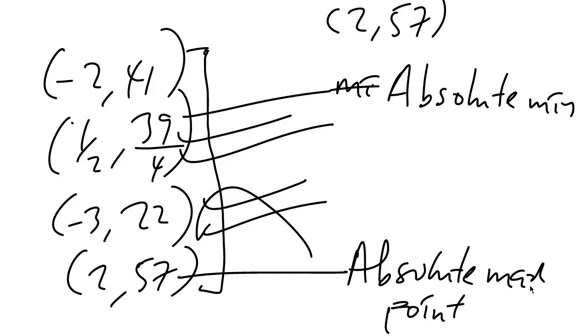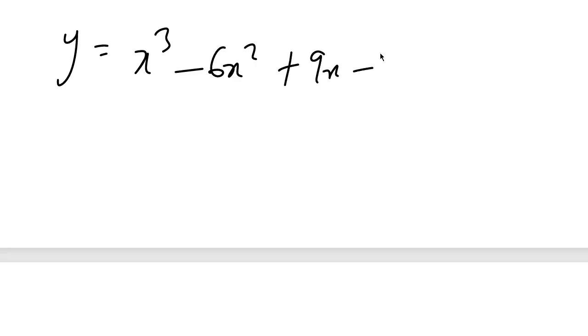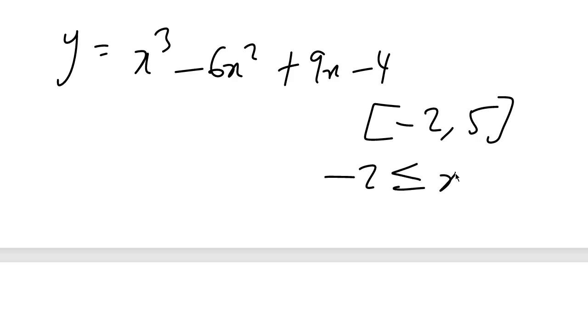So that's it. So we'll take one last question, and I believe, as I've been saying, you should be able to solve this. So when I write down the question, pause the video and attempt it. That's x cubed minus 6x squared plus 9x minus 4, and we are given the interval -2 to 5. And please note that you don't want to write it as this. The people that set the questions could write it as -2 less than or equal to x less than or equal to 5, because we use the closed brackets, the closed interval, and they have to use less than or equal to. So within -2 and 5 inclusive,